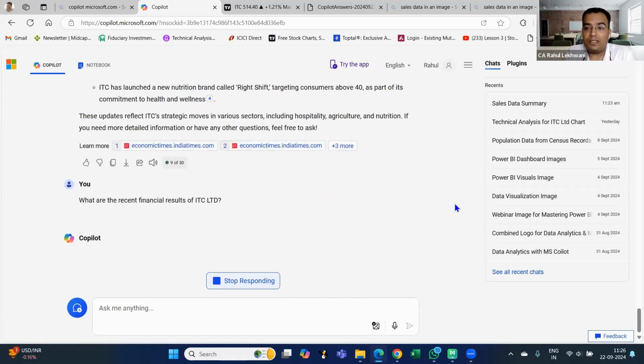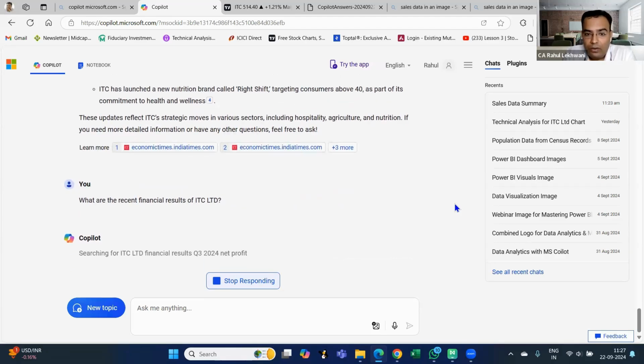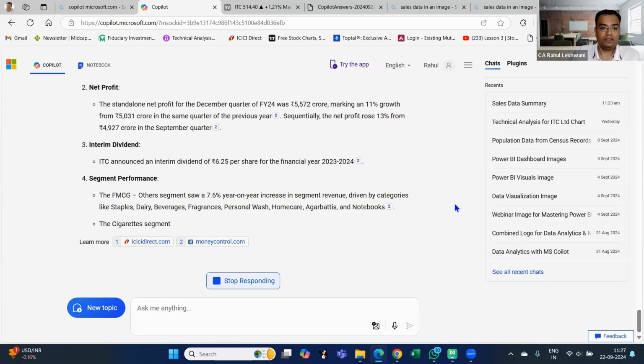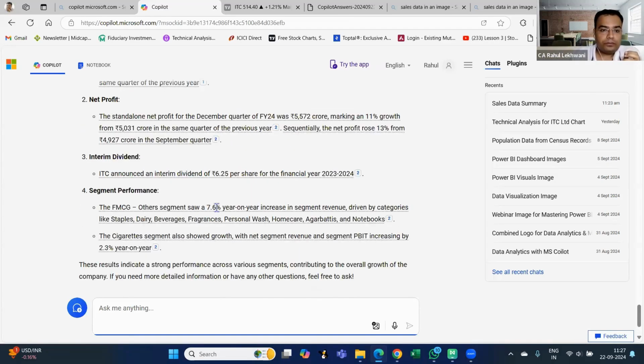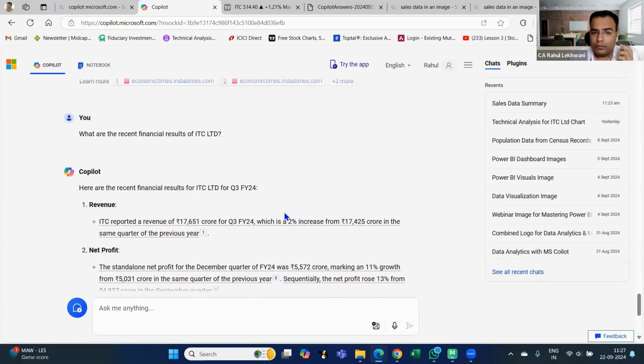So what are the financial results of this company? We would actually have to go and search for financial results. Okay. It will give me a summary of the financial results of ITC. Right. So let it just create. So see, segment-wise, it has given me a summary. As you can see, ITC for Q3 FY24. So that is Q3 FY24. It has given me an older